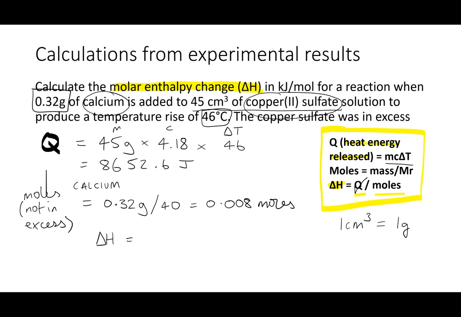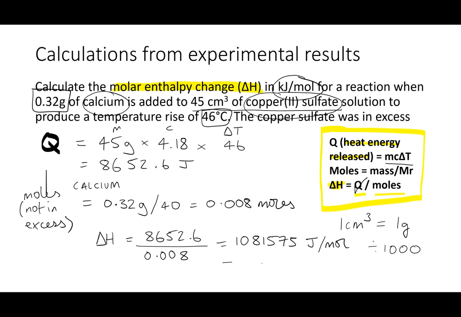So we use Q, 8,652.6 over 0.008, and that comes out at quite a big number. So currently that is in joules per mole. The question you will notice, and in most cases, asks for the answer in kilojoules per mole. So to convert, we need to divide by 1,000, which when rounded up gives us a value of